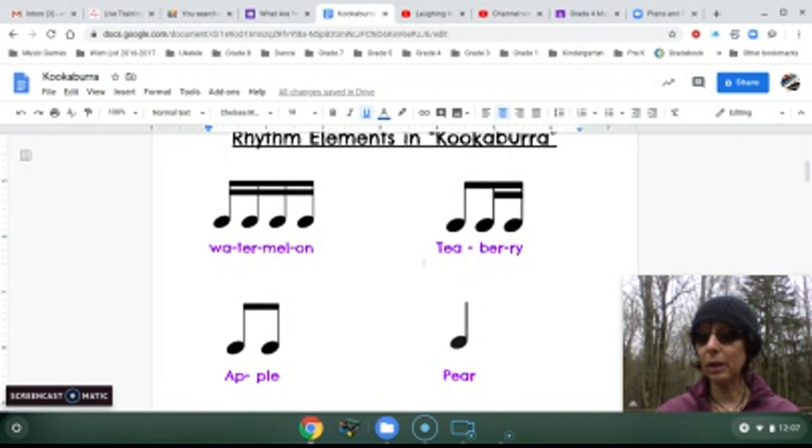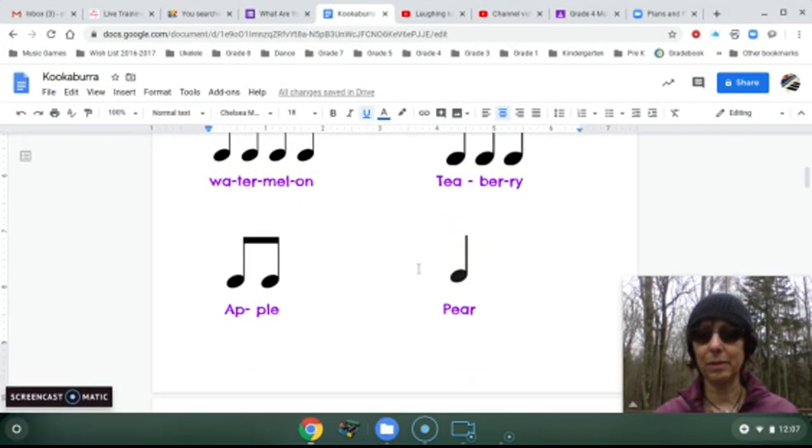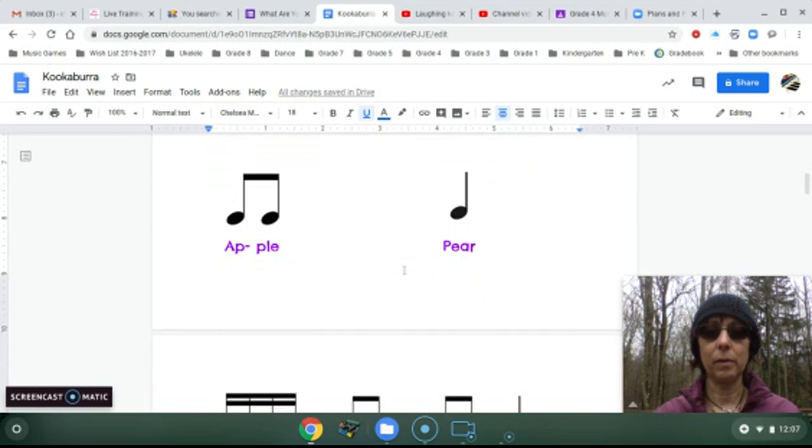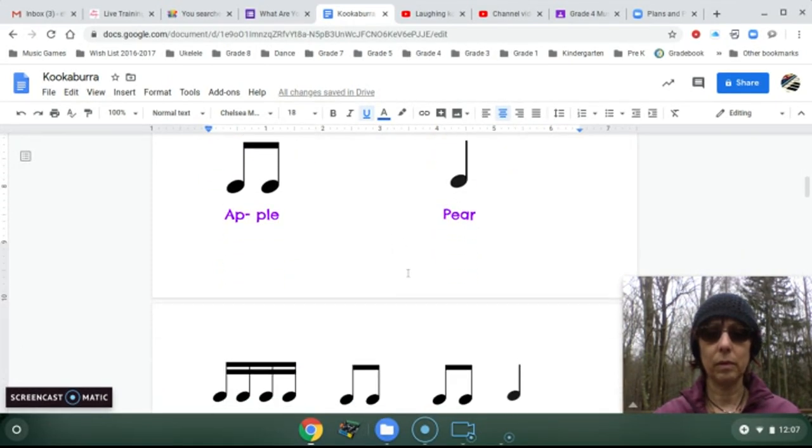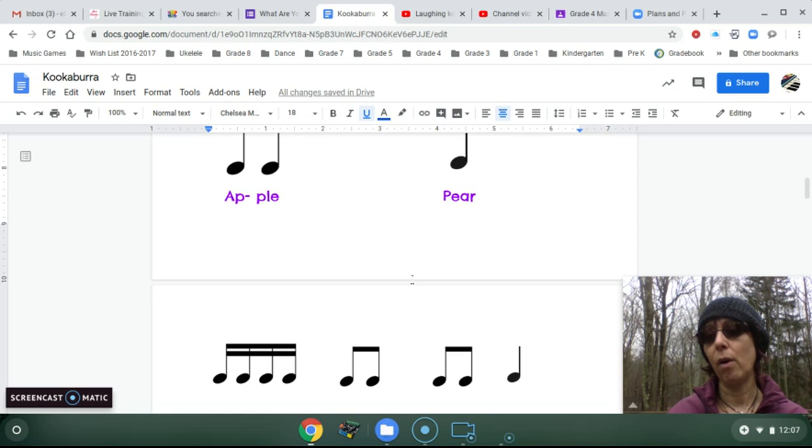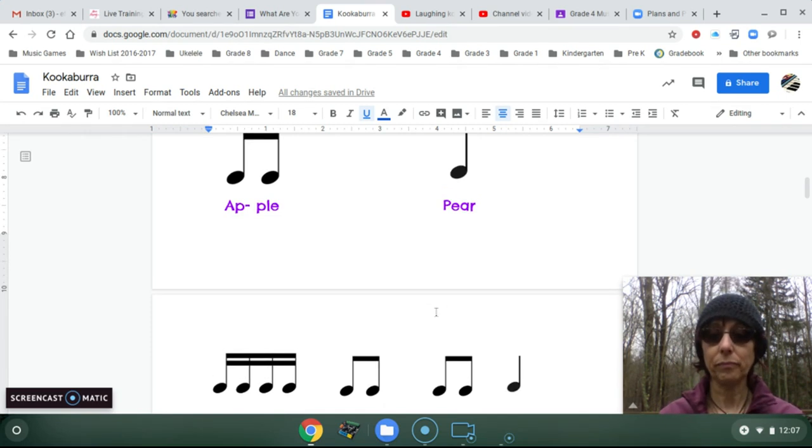Now, let's see what would look like if we put some of these rhythms together, okay? So down here I have an example of one, and what I'm going to do is give you a second to try to figure it out with our fruit names. And then I'm going to read it and you're going to just repeat it back after me, okay? So just with the words first. I'll read all 4. Here I go. And watermelon, apple, apple, pear. Your turn.